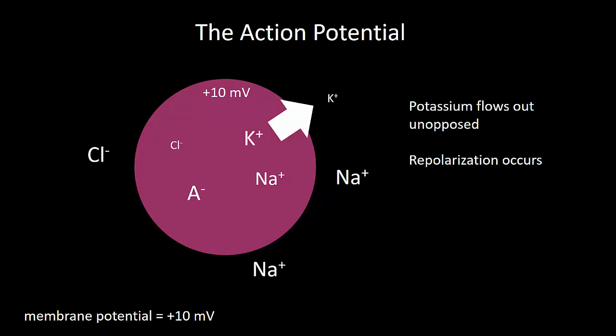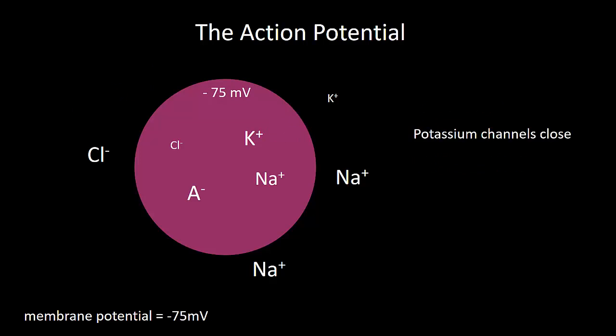Now, this phase where we go from all that sodium in, the inside's positive, we're going to call repolarization. So we talked about depolarization. Depolarization is actually going from rest to positive, in this case, say plus 30 millivolts. Once we do that, now we have to reset the cell. That's what repolarization is going to be. So again, we were at plus 30, then maybe we're at plus 10, and eventually we're going to get to